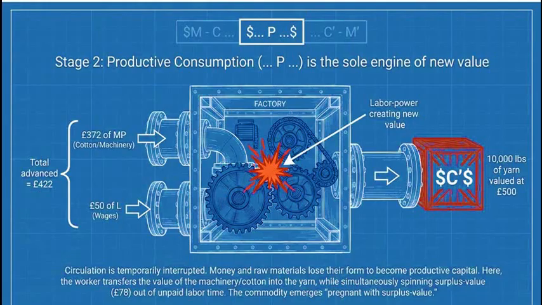Inside the factory, it's almost like a kind of economic alchemy takes place. The capitalist takes those two commodities they just bought, the raw materials and the human labor, and consumes them together. The labor is physically applied to the materials, and as this happens, an entirely new commodity is forged. Here is the kicker. Because the labor applied creates more value than what the capitalist originally paid for that labor in wages, this new commodity contains surplus value. It is now C prime. It is inherently worth more than the sum of its raw parts.